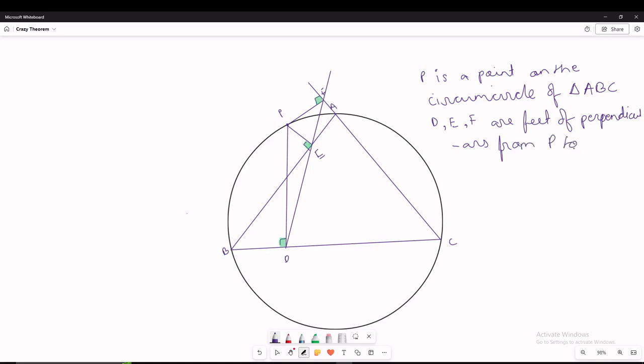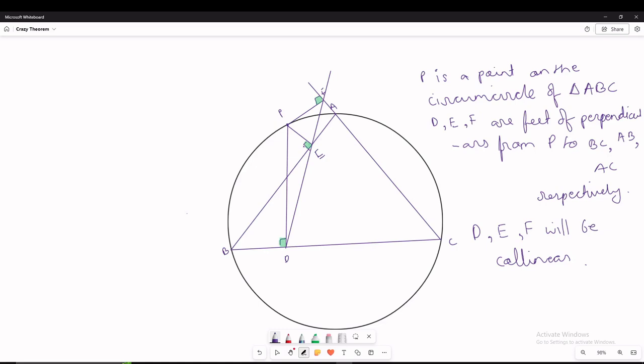Feet of perpendiculars from P to BC, AB, AC. Then this theorem says that D, E, F will be collinear, ठीक है। That is what it says. तो मैंने ऑलरेडी एक लाइन बना रखी है, that is DEF, to show that it is collinear. तो ऐसे ही बनेगा।